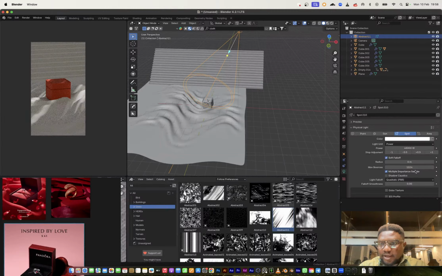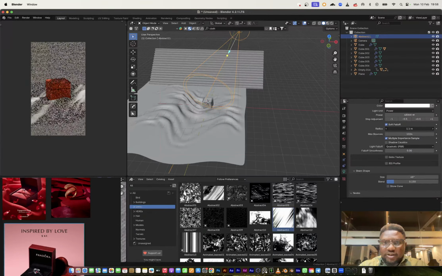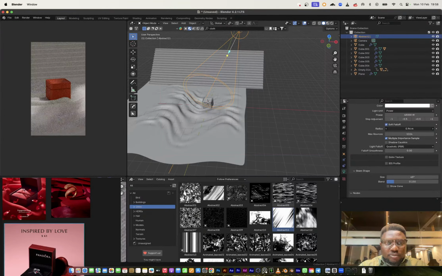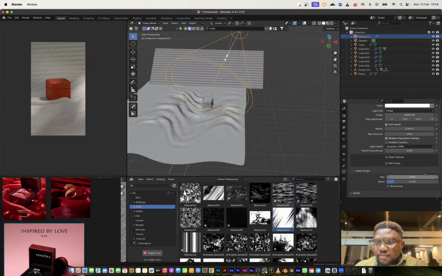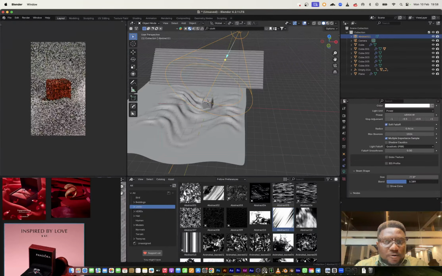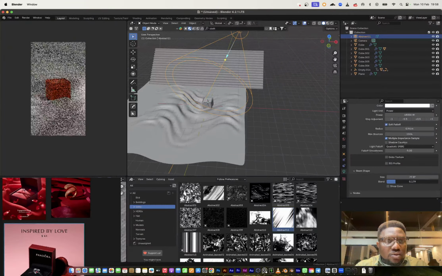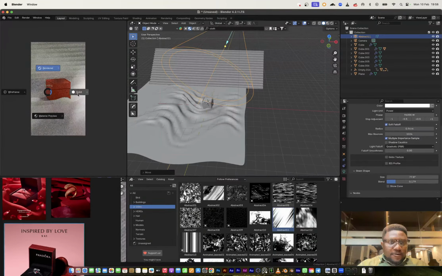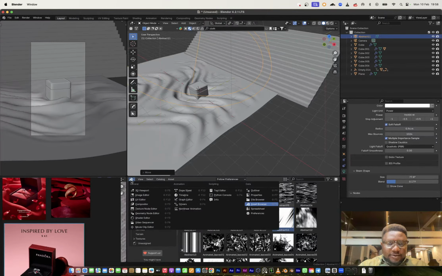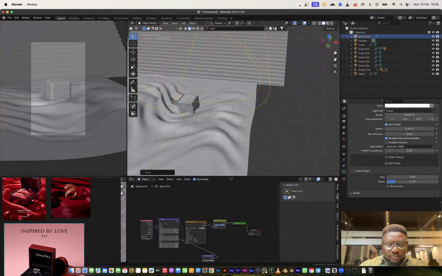Pump that up. I can increase the radius just to bring in a little bit of softness to that, and then I can increase the size, the angle of that light. So that's really cool. I like this, but I want to increase the intensity of the light, and maybe I would like to pick something different, but let's work with this first. Okay, I think something I need to do is bring in that ribbon.